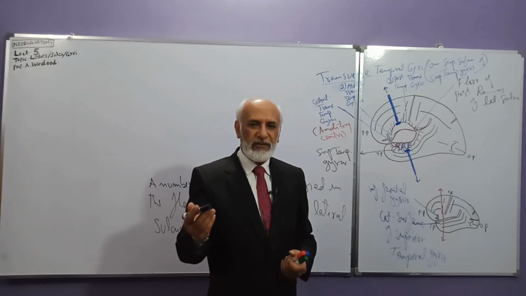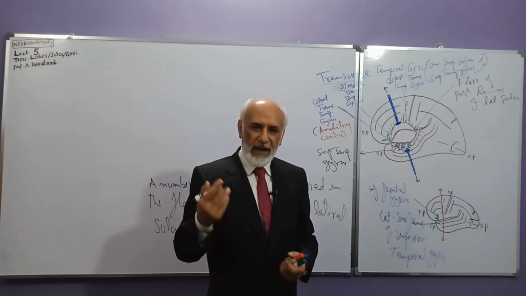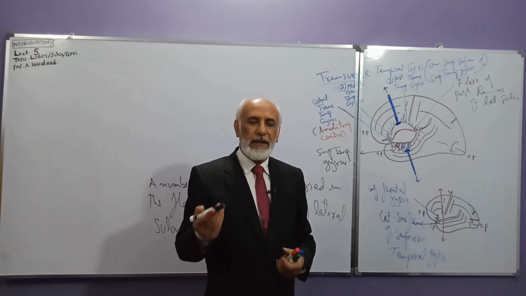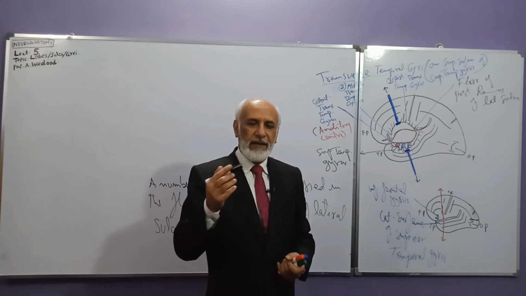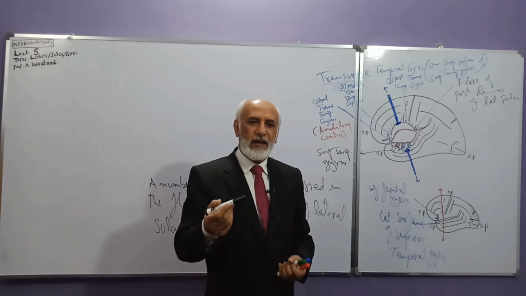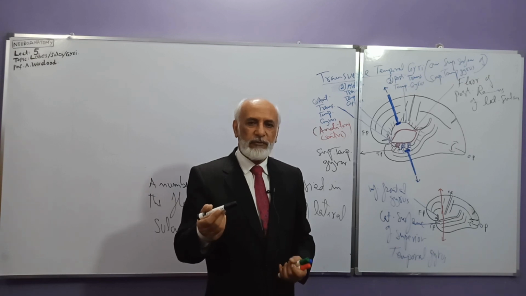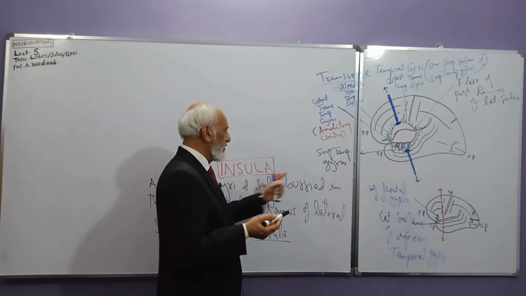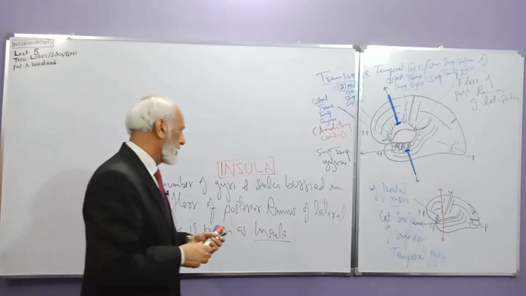So because the early scientists, when they saw small gray areas which appear like small islands in the pancreas, they named these areas the islets of Langerhans. This is the endocrine part of the pancreas and secretes insulin. So why is this hormone, which is released from the endocrine part of the pancreas, known as insulin? Because insulin is derived from the word islets, island. So similarly here, it is just like an island, with some gyri and sulci, therefore it is called insula.